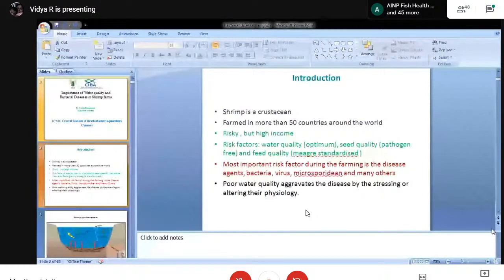Once the water quality is weak, the pathogen interaction with the host, that is shrimp here, can be controlled to a